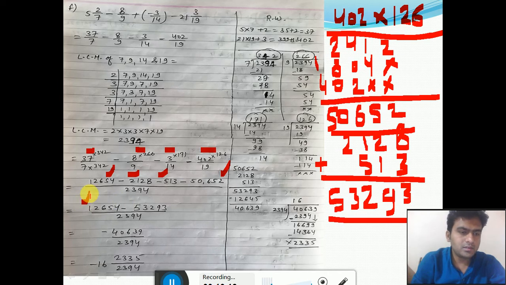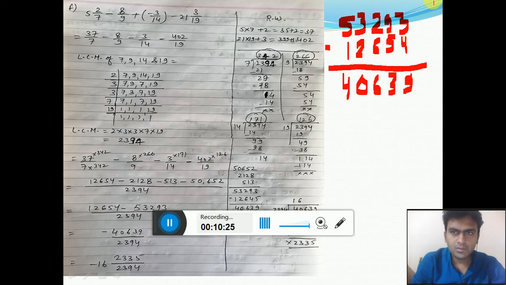Now this 12,654 we have written as it is. Now it is of plus sign and it is of minus sign. So we will subtract 53,093 minus 12,654. So this number 3 minus 4. So this number will become 13 and this number will become 8. So 13 minus 4 equals 9. 8 minus 5 equals 3. Here this number 9 becomes 8. Now this number 2. So we have to take 1 from the previous number. So this number will become 2 and this number will become 12. So 12 minus 6 equals 6, and this 2 minus 2 equals 0, and 5 minus 1 equals 4. So 40,639